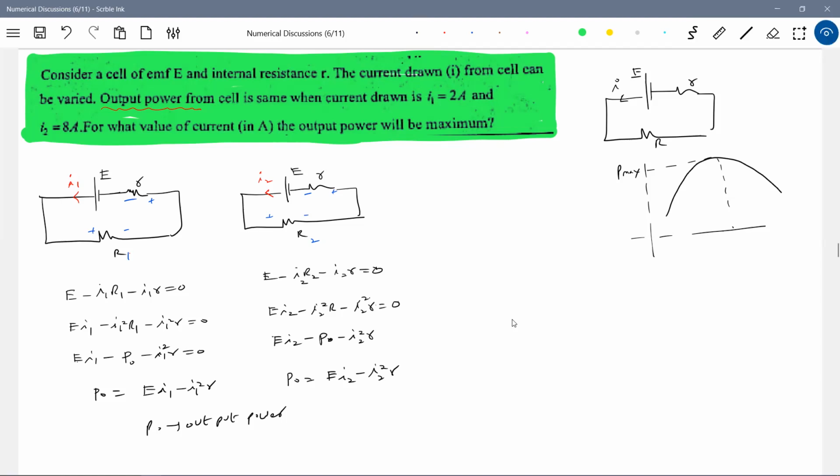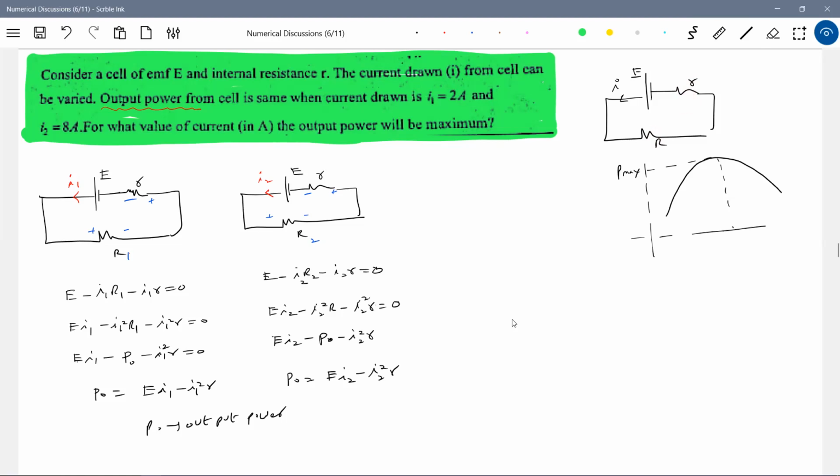Now you can ask the question, sir, how can you say this is R1, R2? Can it be R? It can be R also, because the output power is the same. If the output power is the same, then I1 square R and I2 square R is not possible. So therefore it should be R1, R2 only. Am I right? I think I should justify this. No, this is the maximum power. So the power delivered by the source to the load is maximum when these two resistances are equal,